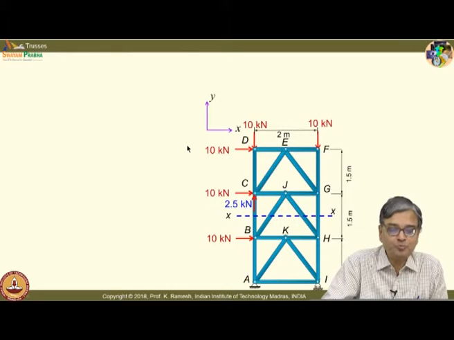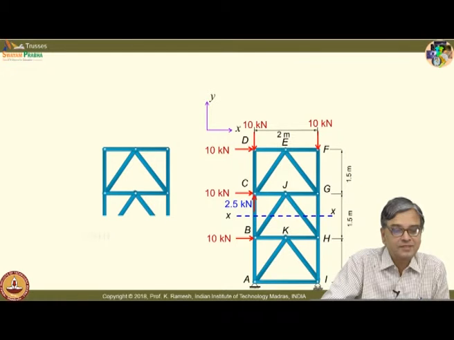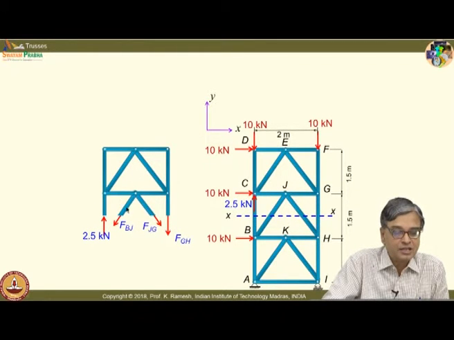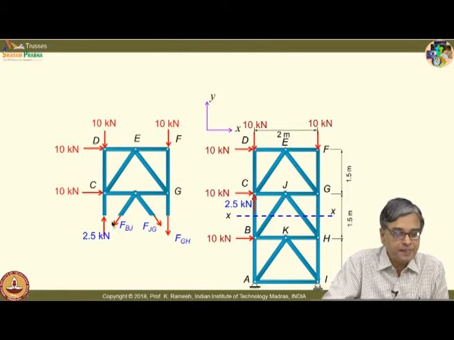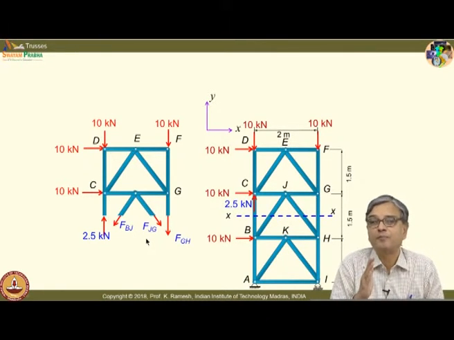Tell me about which point should I take the moment. Let me complete the free body diagram. I should show the known and unknown forces clearly, and please note that I have indicated the force correctly on the member BC, because I have already determined its magnitude as well as direction, and that is indicated correctly. I can easily find out the member force FBJ, and you have to tell me which should be the point of taking the moment,